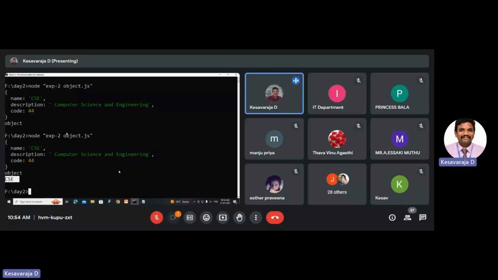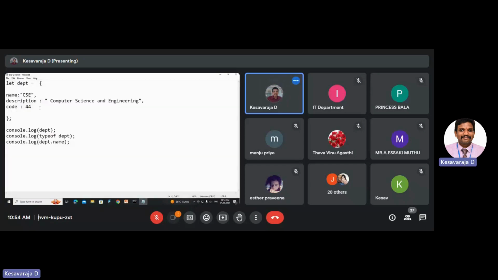It's an object that has 3 keys inside it. The first key is name, second key is description, third key is code. Wherever needed, you can call object name dot name, object name dot description, object name dot code, which can print the value. So it's very easy for handling objects. In addition to that,